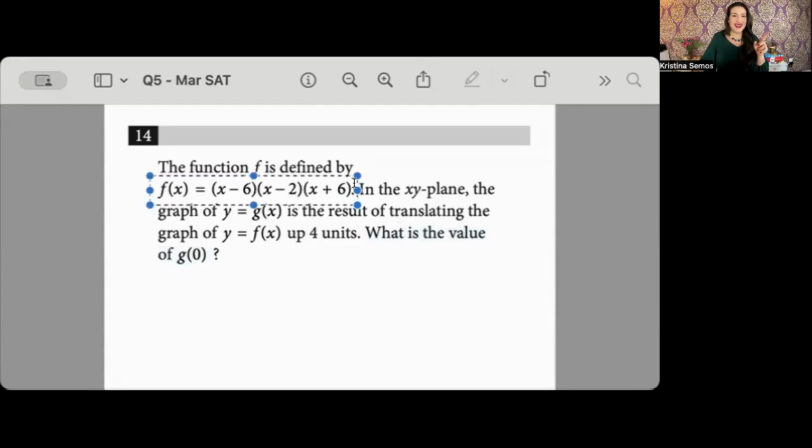The easier way, and it's only because I recognize that this first parentheses, x minus 6, and this last parentheses, x plus 6, makes a perfect difference of squares set. So I know if I did those first, I know what that is. It's x squared minus 36. The beautiful thing is that's just 2 terms. So then I can FOIL that with the x minus 2, whatever. It just makes it a little easier. You don't have to do it that way. You could have done it the first way. I like to save time where I can, okay? So that's the first thing, is you're going to FOIL all of them out and figure out what your giant